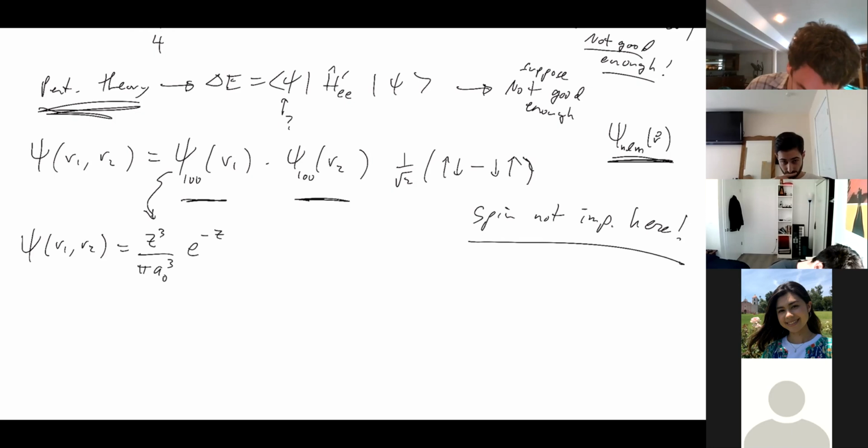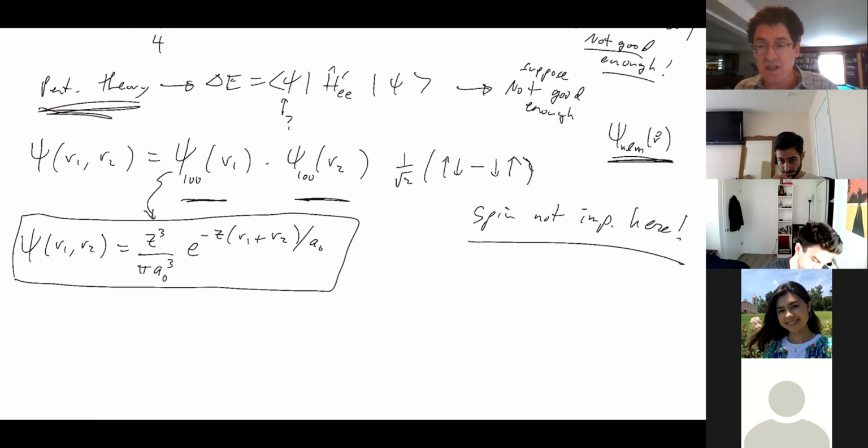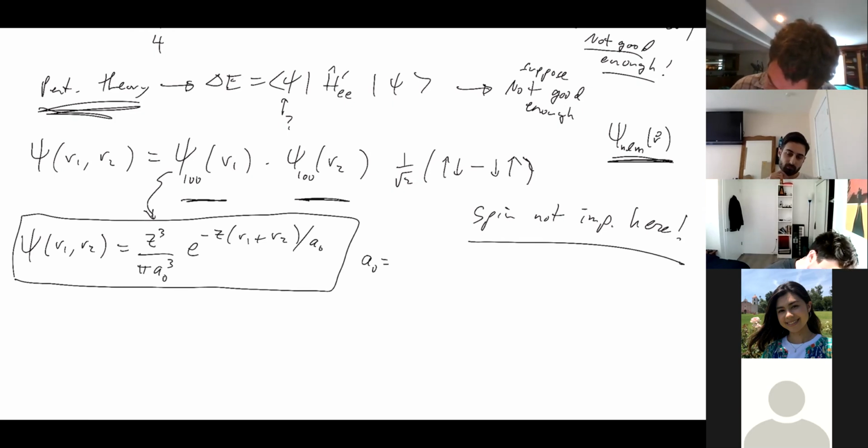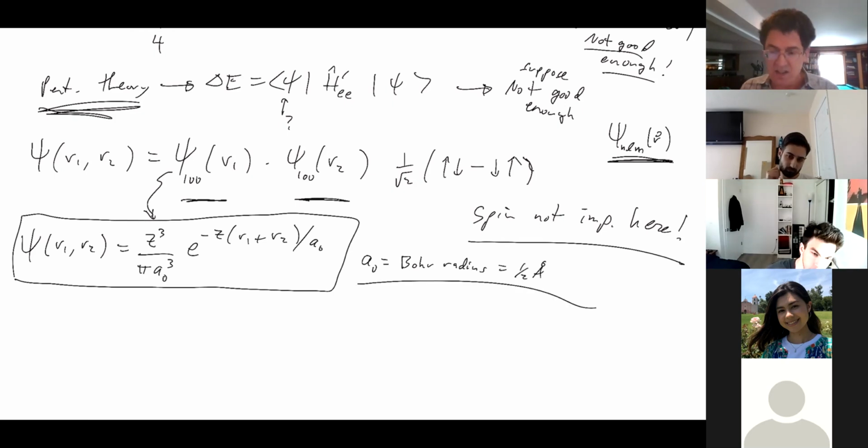E to the negative Z R1 plus R2 over A naught. Okay, so that is actually the wave function when you plug in these functions for psi 1,0,0. Okay, so it's just something you look up in a book. It's not hard. Where A naught is equal to the Bohr radius. I didn't write down the formula for it, but it equals one half angstrom. That's easy to find. You just look it up in a book. Okay, so that would be the